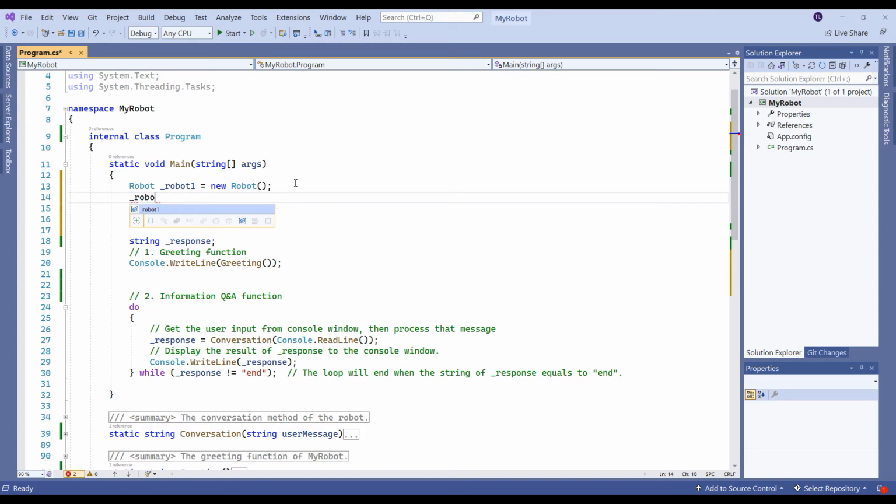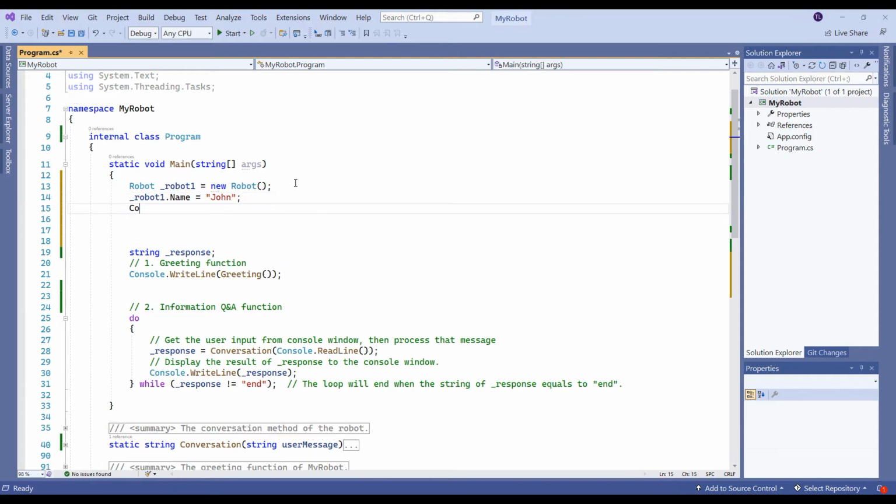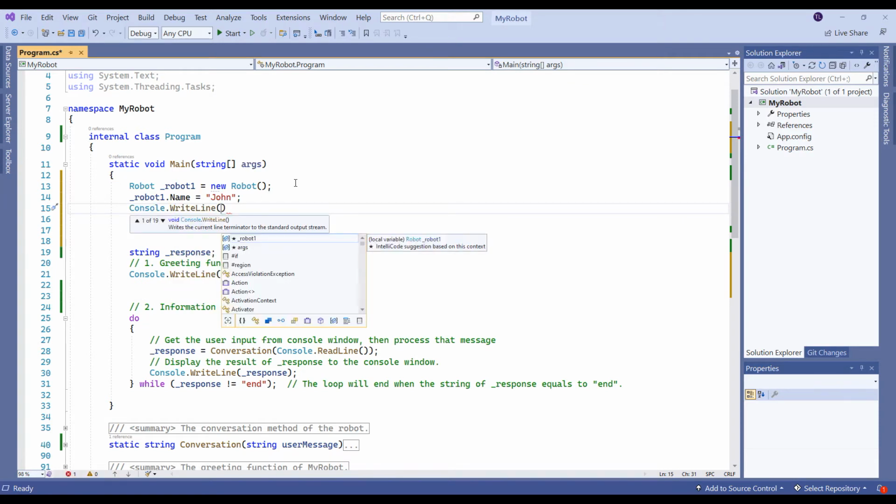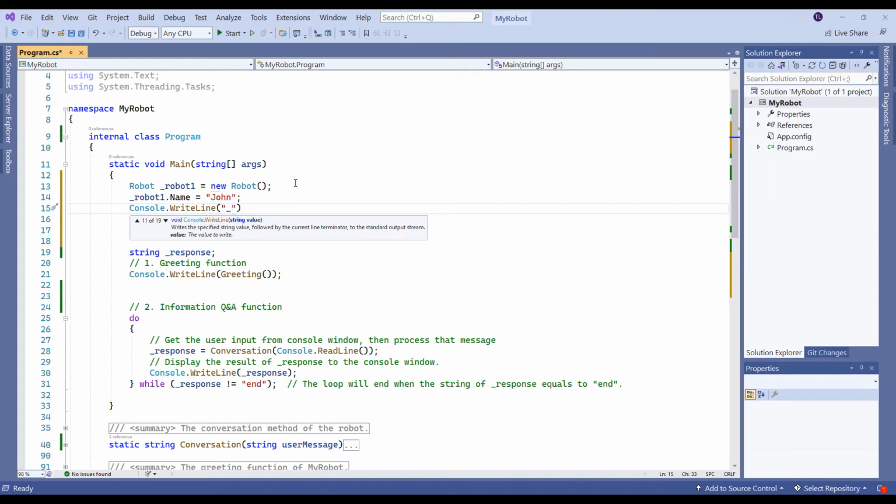Then _robot1.name = "John"; Console.WriteLine("_robot1.name is " + _robot1.name);